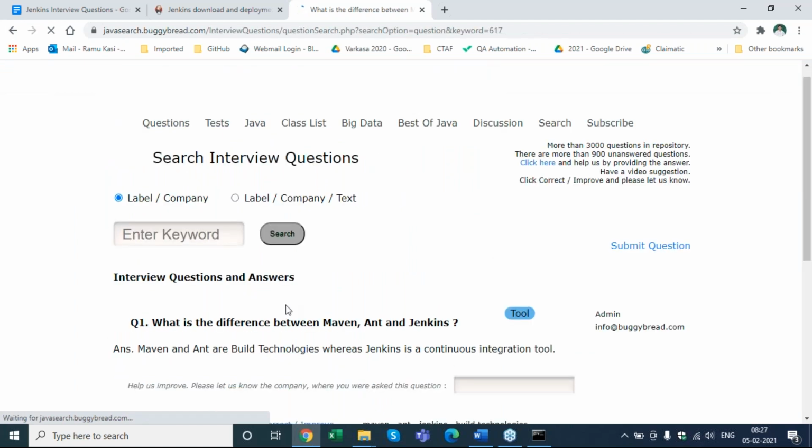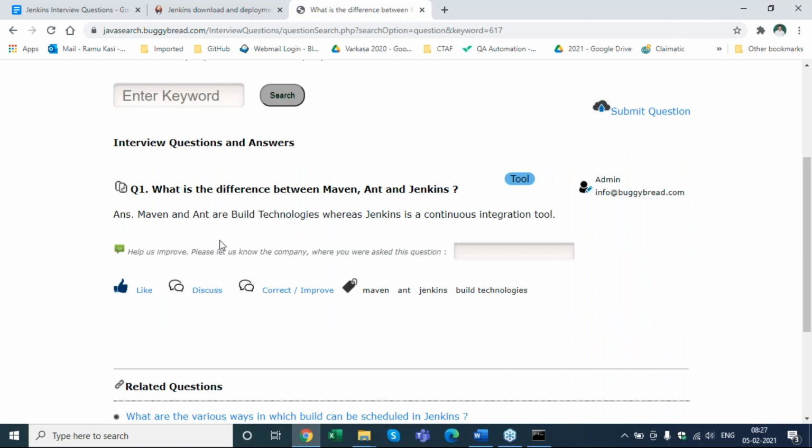So automation tools, you mean where we developed using Selenium and Java? That is the difference between Maven and Ant? So basically triggering your build, right? So Karthik, how can we put Maven and Ant, Karthik? Could you?